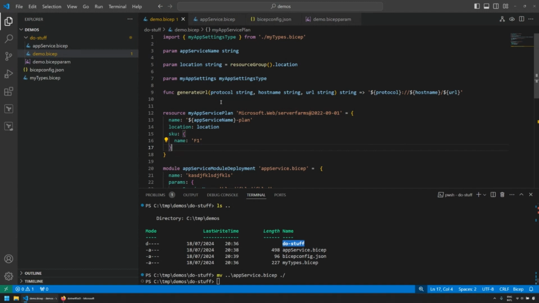If in a number of locations in your file you need to generate URLs, you might run into fiddling with where you need slashes. Do I have 2 slashes now? Do I have 0 slashes? Just putting that into a function can be a very convenient way of preventing that, and not having to do string interpolation all the time, but just calling a function, which might be a little bit more readable. I think it's a matter of taste. I rarely use this, but sometimes it can be useful.